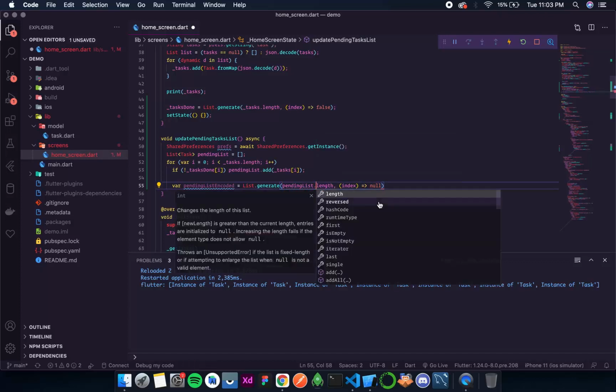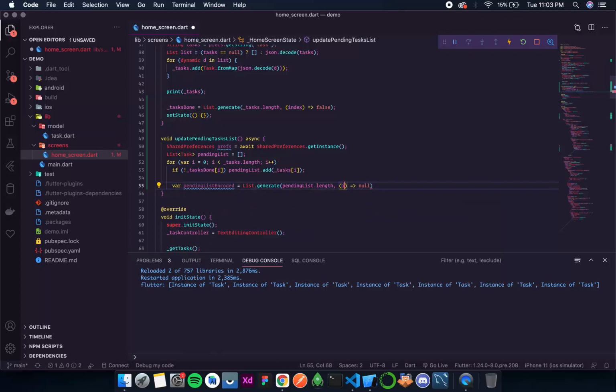Okay, and then every time we return, let's make this i, every time we return JSON dot encode pending list i dot get map.